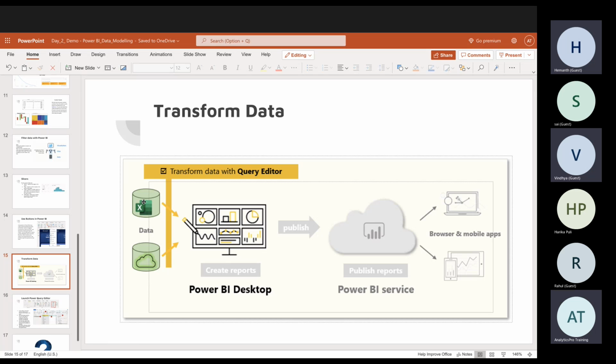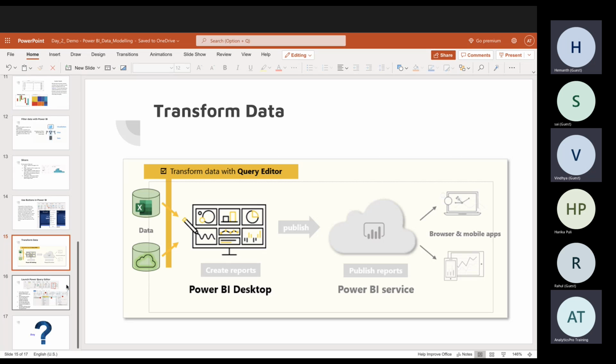So you pull all the data to your Power BI Desktop from different sources. It could be on-premises, Excel, CSV files, flat files, and so on. And then we quickly connect them to your Power BI Desktop, and then we transform them using our Power Query editor. And then we create visualizations, and then we create reports, publish them to your Power BI service accounts, and then we will view it from the web. It's as simple as that.